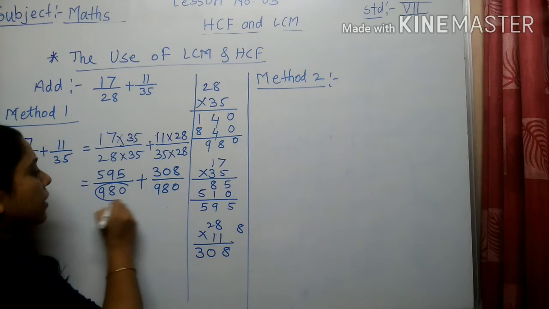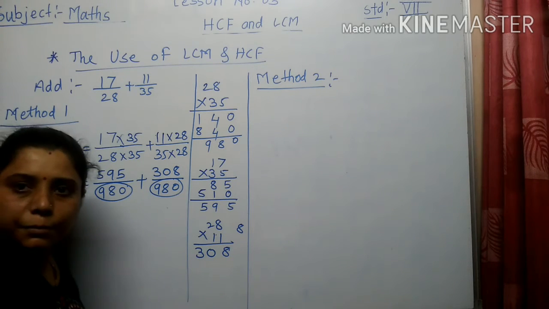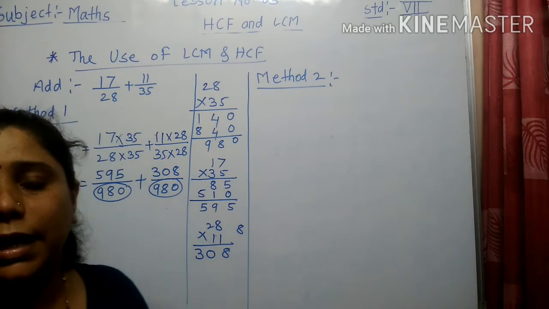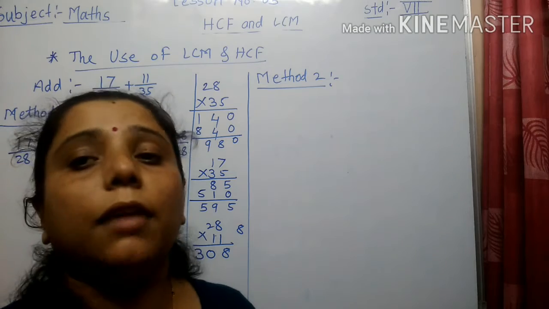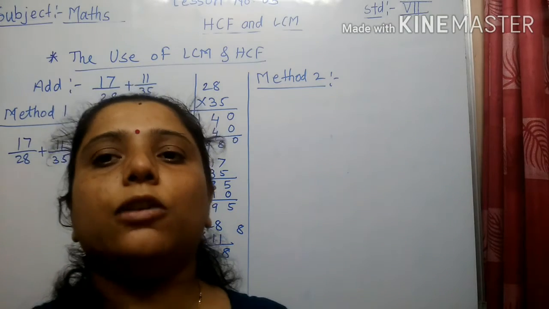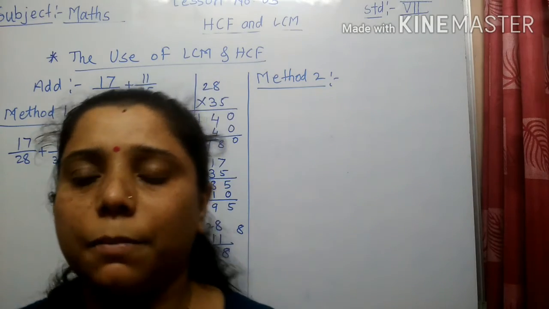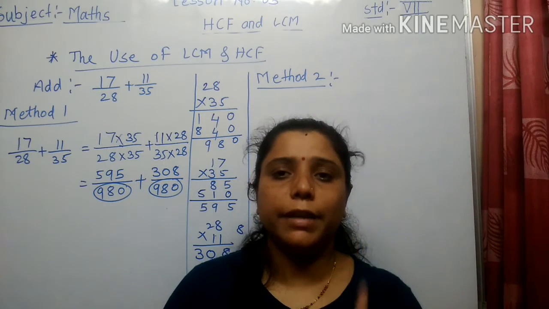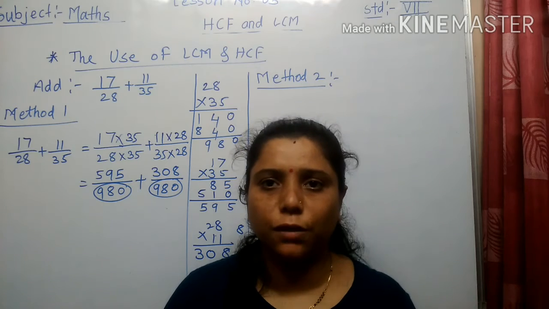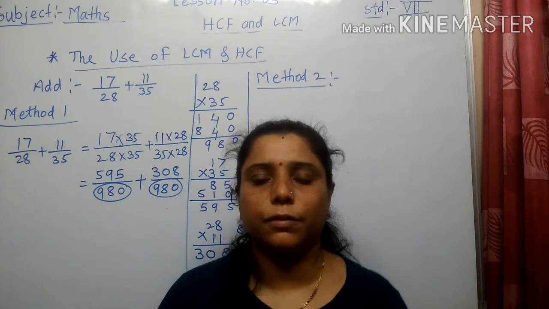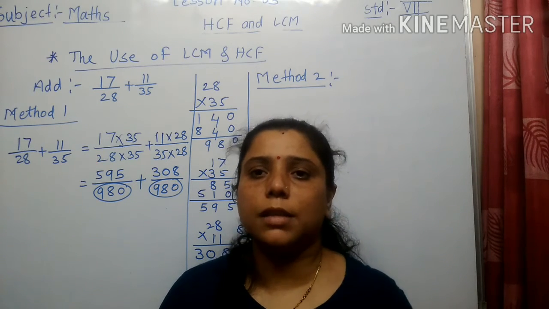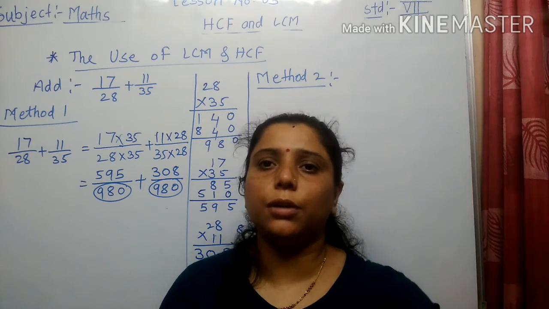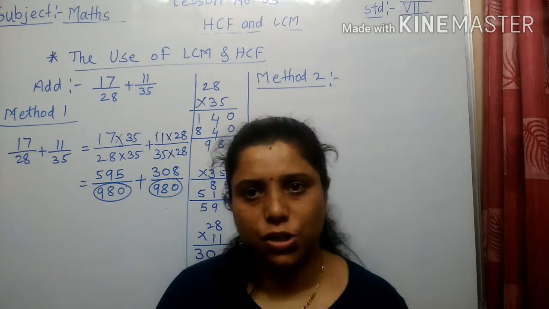Now you are observing the denominators are same. Am I correct? When the denominators are same, then and only then we can add the numerators. If it is not same, try to make the denominators same. Then and only then you can add the numerators. Always you have to remember, either it is addition of fractions or subtraction of fractions, you have to remember this one. Try to make the denominators same. After that, you have to continue with that operation.